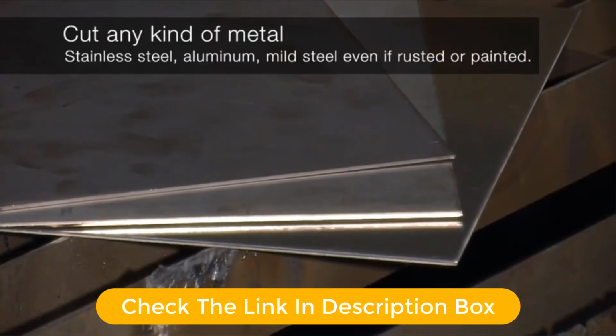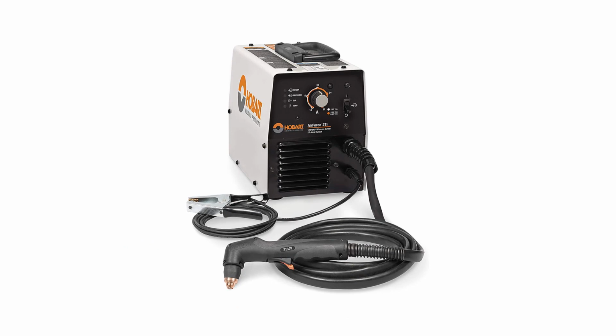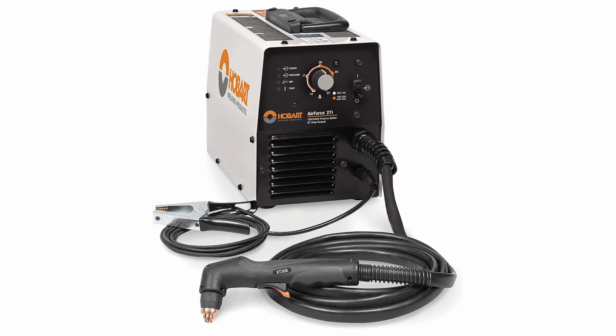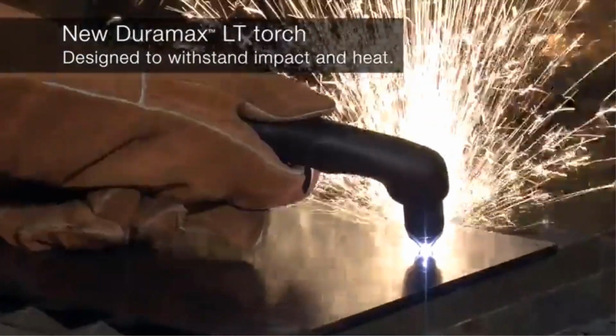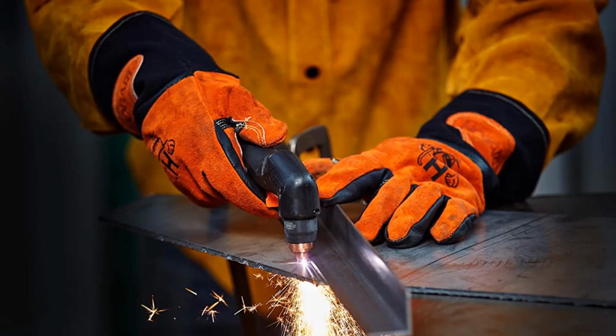To get started with this plasma cutter, all you need to do is plug it in and connect the compressed air supply. Then ground the workpiece, pull the trigger, and start cutting. The dual voltage compatibility allows you to use either 120 volt or 240 volt, whichever is available, without adding an